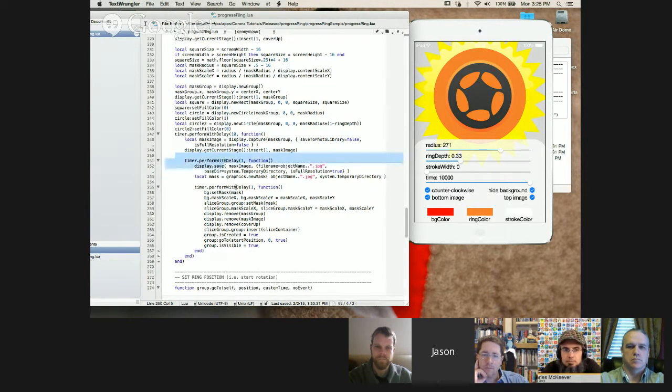I do have to throw a timer delay in it. I use 1 millisecond. I know it probably takes, technically speaking, a little more than that. But because you're saving that file, you can't, in the same cycle, save that and then load it as a mask. You're going to throw up an error. But